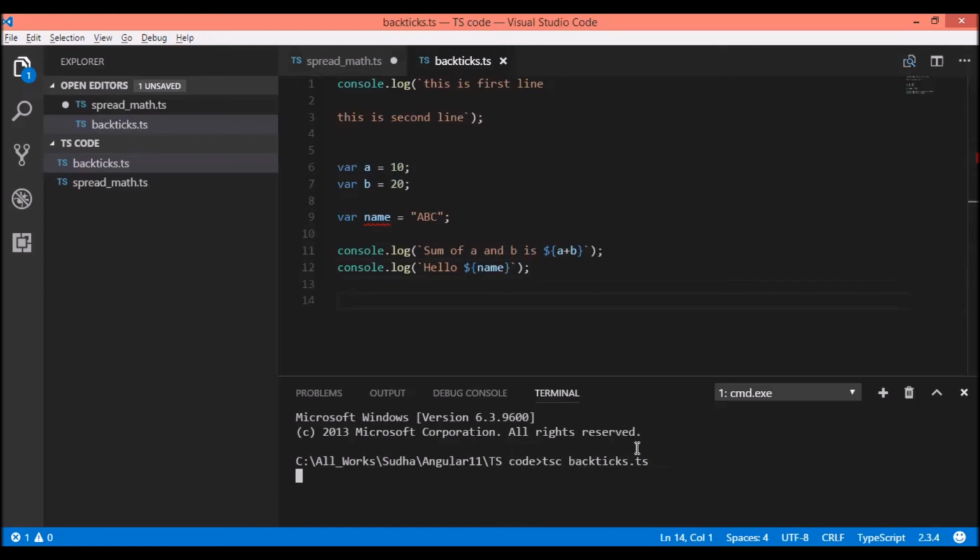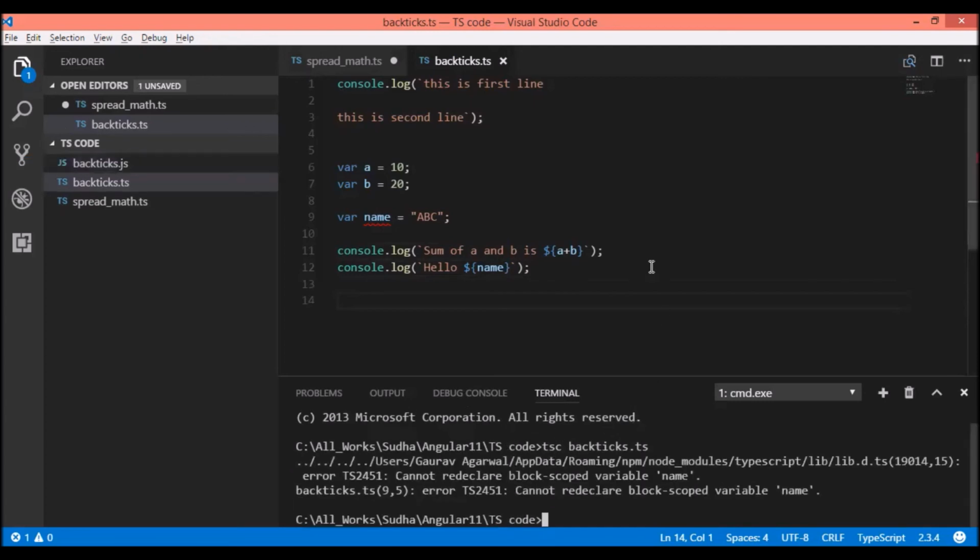It will transpile our TS file into JS file. Oops. Okay, no problem.